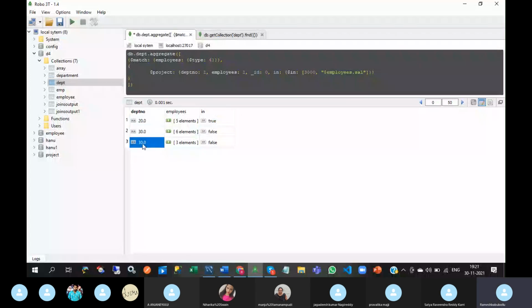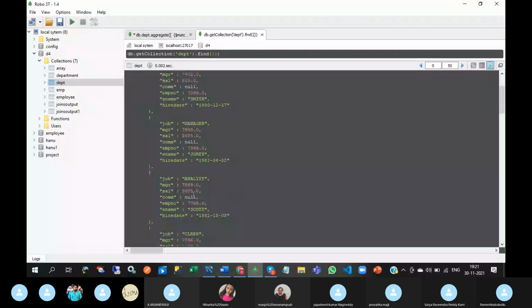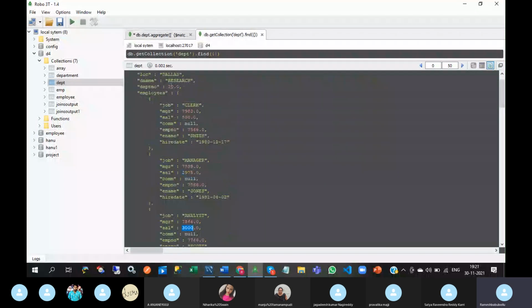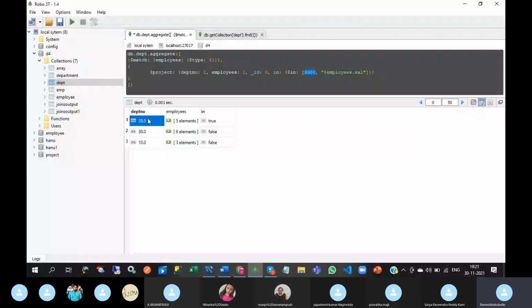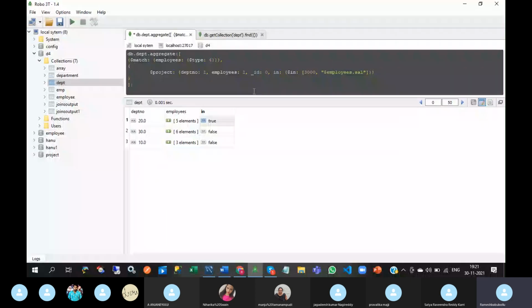In 3010, the 3000 employee details are not available. That's why it is returning false. You can check here, 3000 department number is 20. That is in. Next one is date operators.